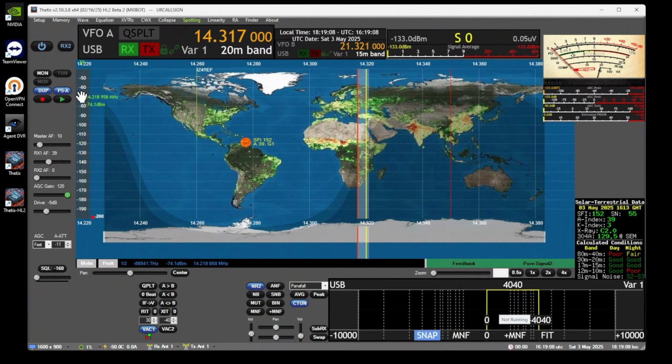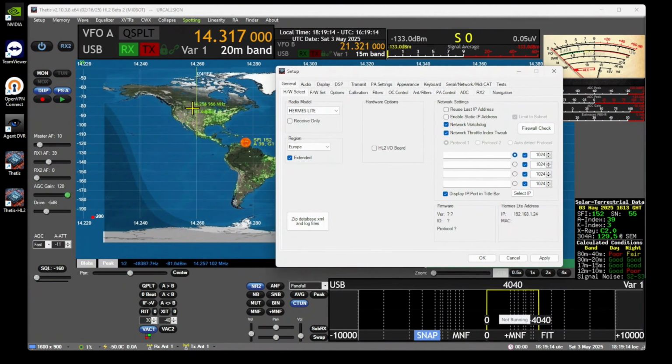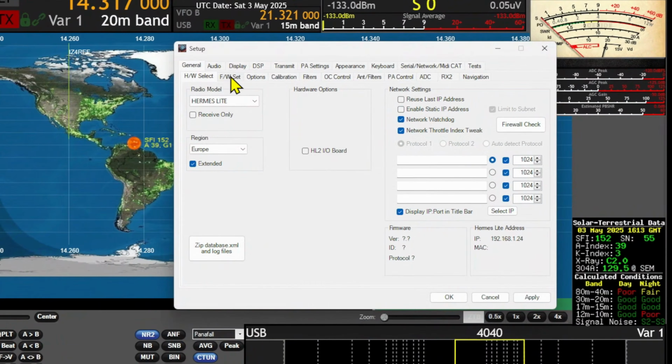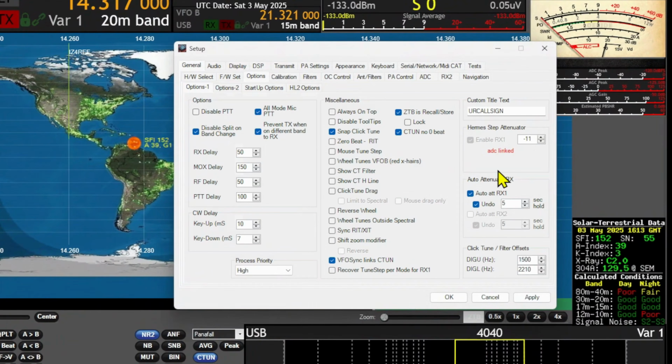The next thing we need to do is first of all go to setup, okay, and go to general and then options, and you need to fill in your call sign right here. So in my case it's on 7 off. Okay, the next thing you need to do is go to